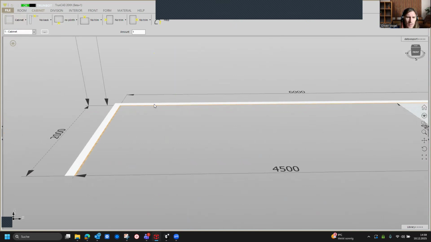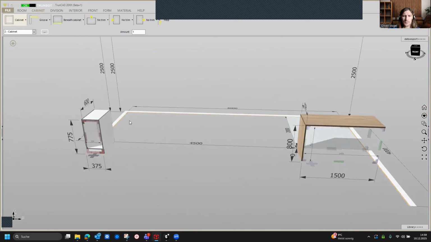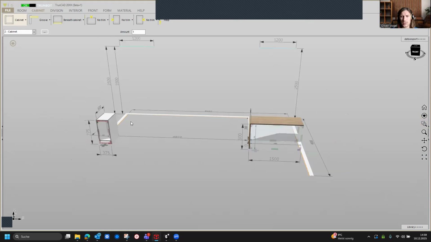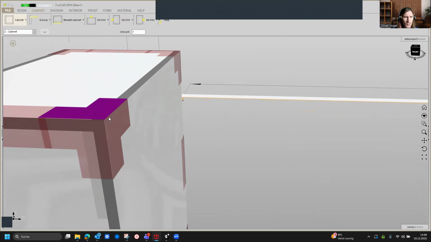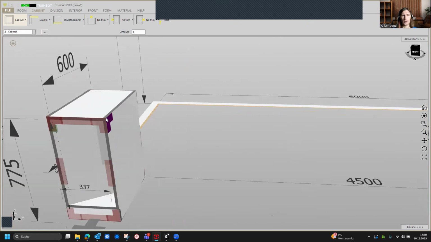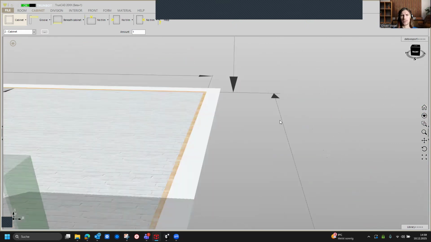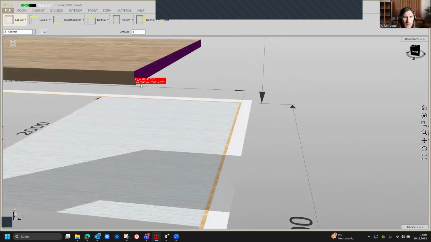And then we have our second cabinet. And now we need to measure the distance. So that's why we zoom in here. Keep the control button pressed and go here on the corner. Click on it until it's green. Now we zoom out and zoom in here. And we keep the control button pressed again. And click on here, and then you see the distance is